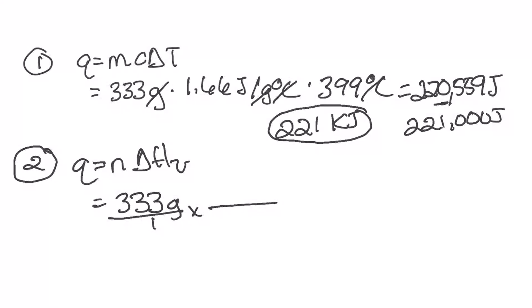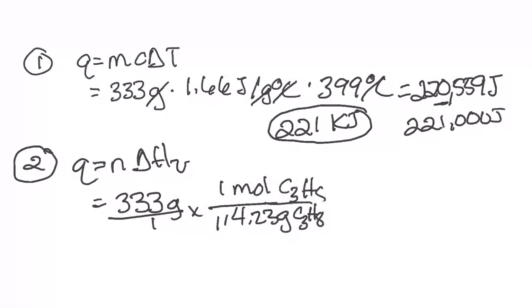So 333 grams, I look up the molar mass of C8H18, so that's 8 carbons and 18 hydrogens. And I get an answer of 114.23 grams of C8H18 for every 1 mole of C8H18. So you could solve that first and then plug it in the equation, but I'm going to solve it together. So this gives me my n value times the heat of vaporization, which was